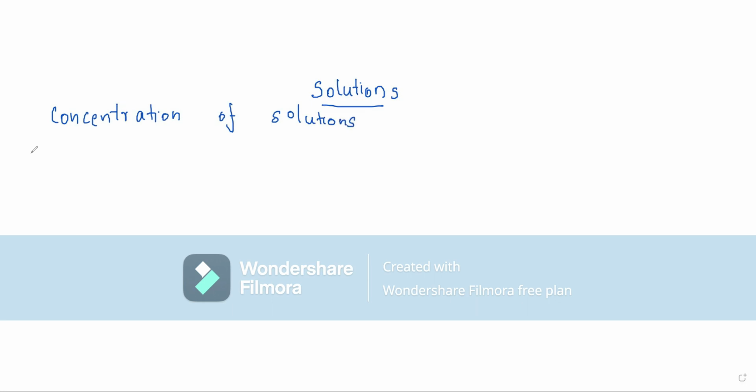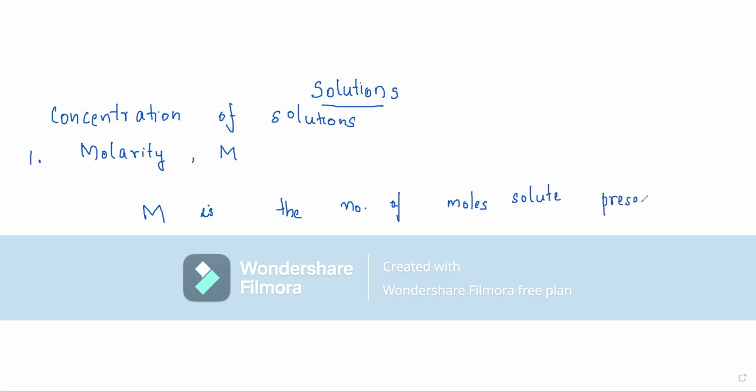Among this, there are three terms that we need to study. One is molarity. Molarity is represented by capital letter M. And molarity M is equal to the number of moles of solute